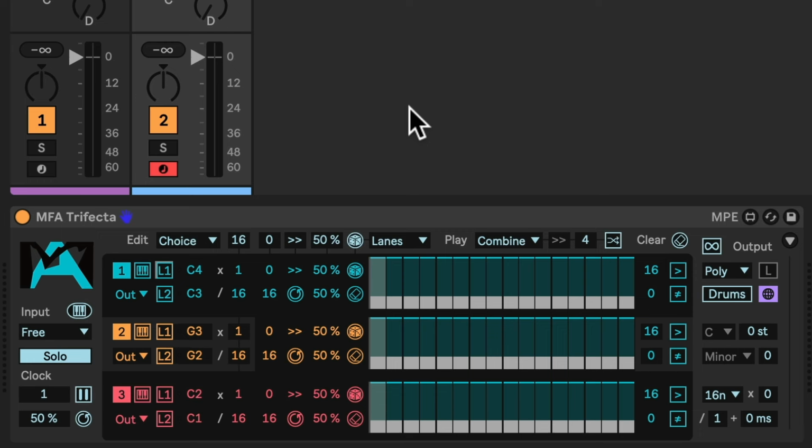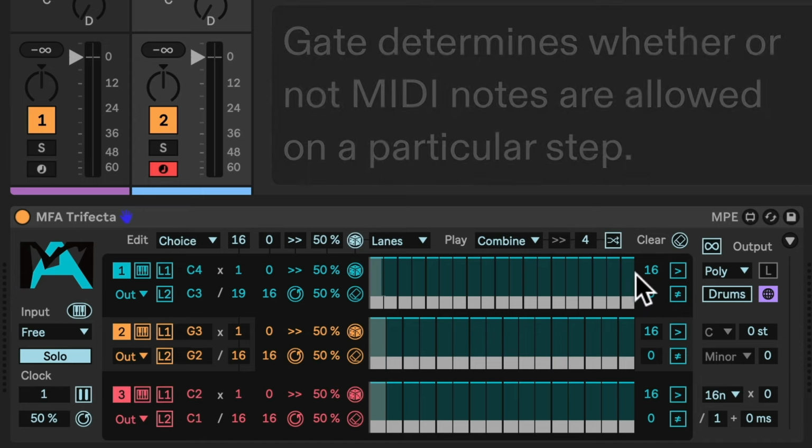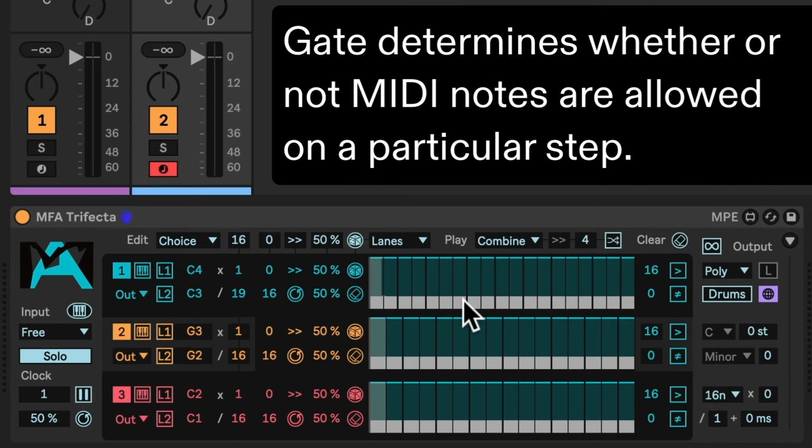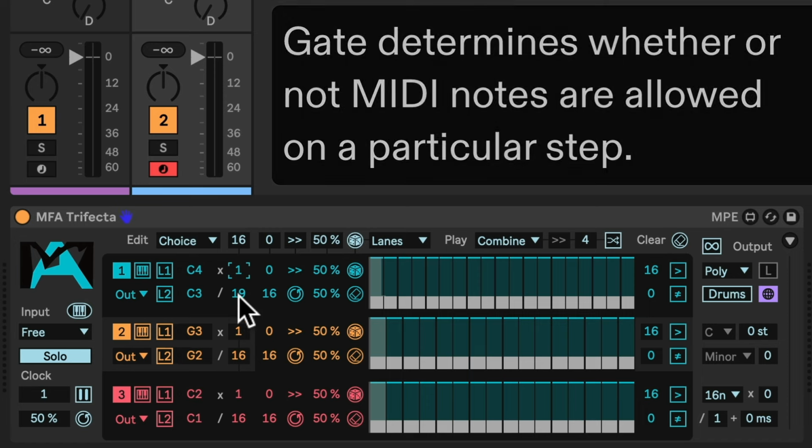Okay, so now we get into the timing and clock settings here per lane. So we have a divisor. This is how many divisions or steps we can edit. And as I increase the number, new blank steps are added. So I need to manually enable these and enable the gate, which is always here on the bottom. Okay, so now just strand 1 is 19 steps long, and this is the multiplier of how many bars those